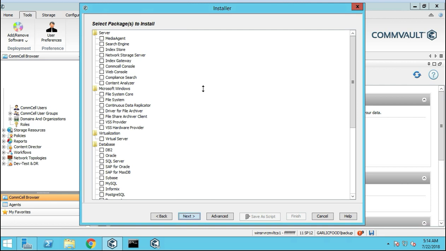hundreds of clients, and you can just push the product to them, not have to go to the box, log into the box, run the script or package. You just do it from here. Done. It's so much easier. So much easier. For instance, like Media Agent, and if you highlight on it, it'll tell you a little more about it. And then your search engine, index store,